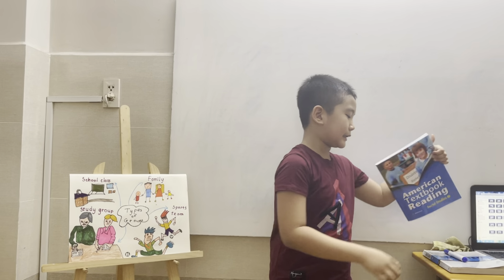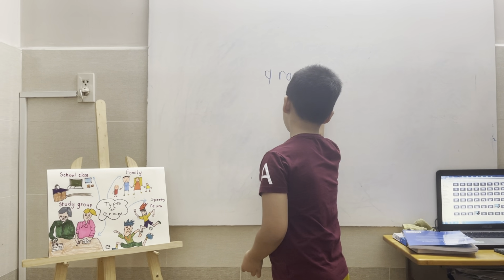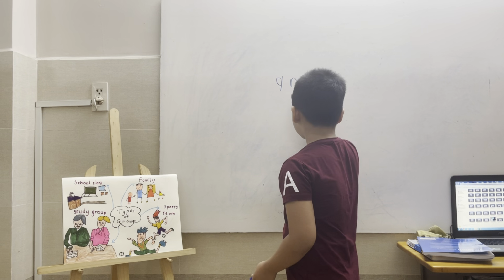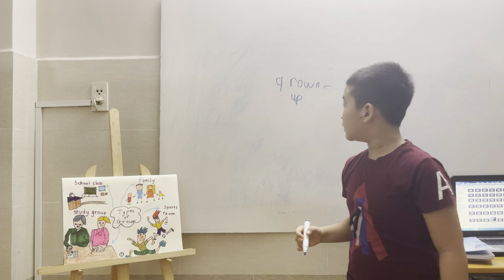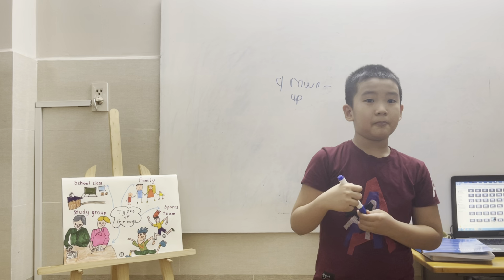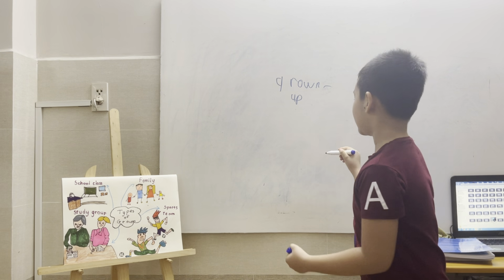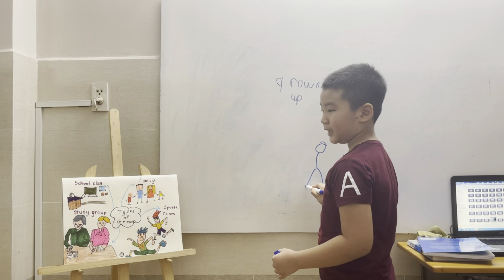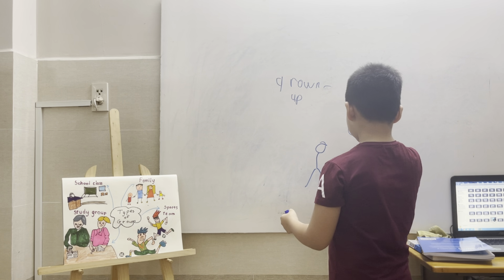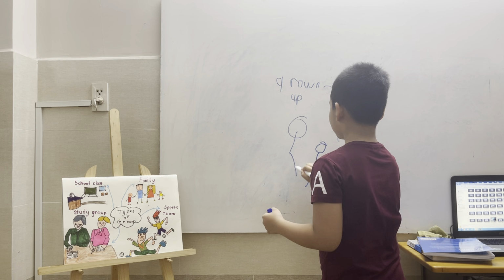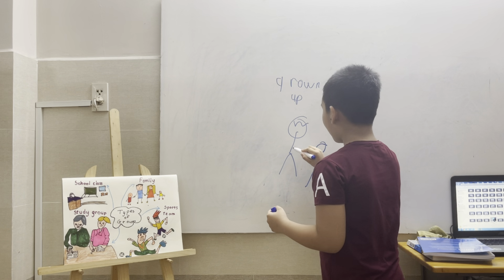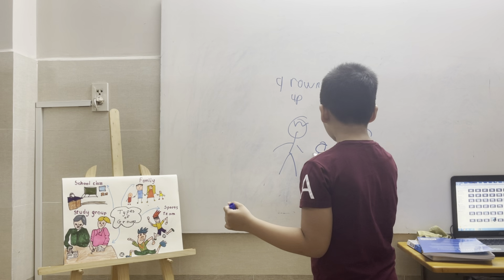What is the first vocabulary word? The first vocabulary word is grown-up. Who is the grown-up? A grown-up is like an adult. Here you can see this is me. This is my mom. This is my dad. So my mom and my dad are called